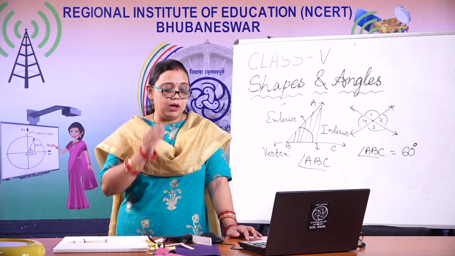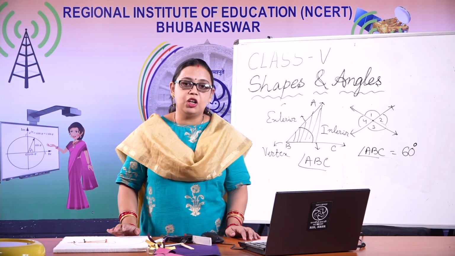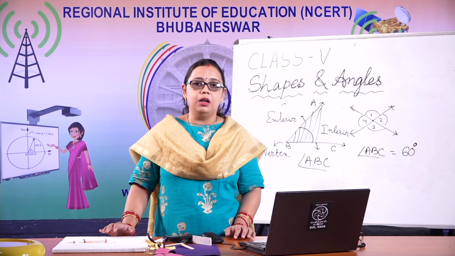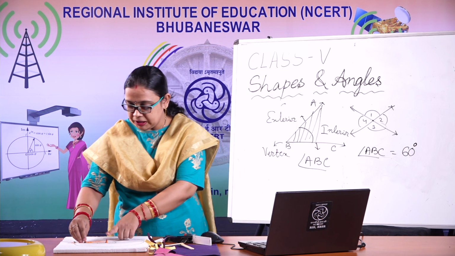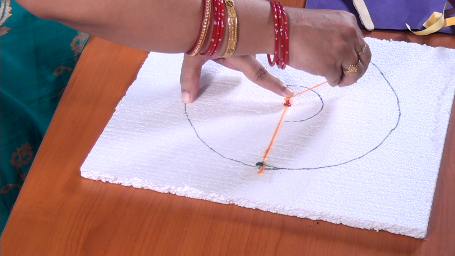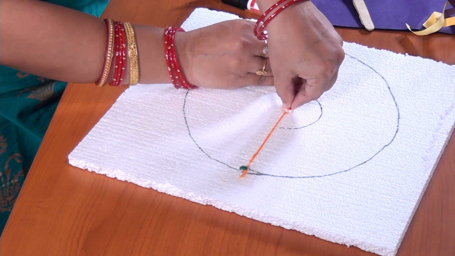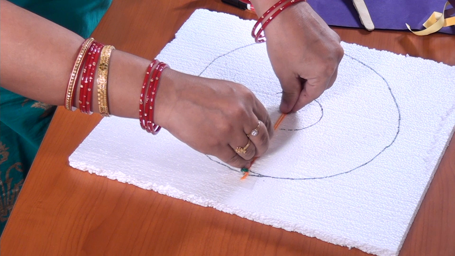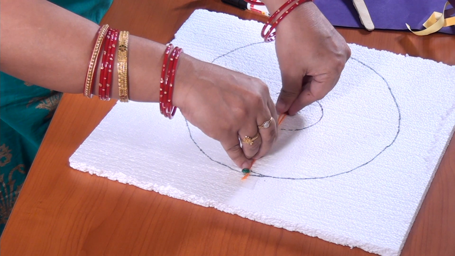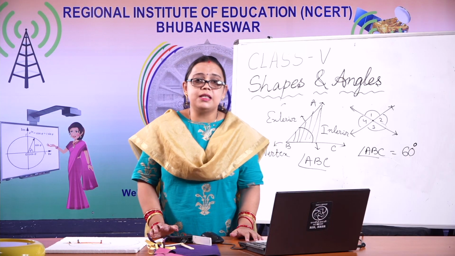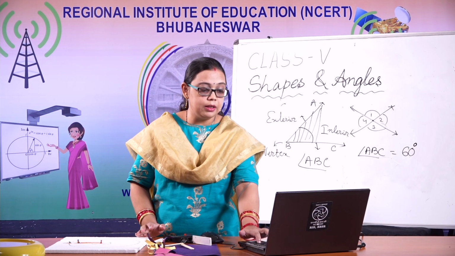Next one is our complete angle, that is an angle which measures exactly 360 degree is called a complete angle. It resembles a circle. We have done it here, that complete rotation making it 360 degree like this, a complete angle. Okay, so these are all about types of